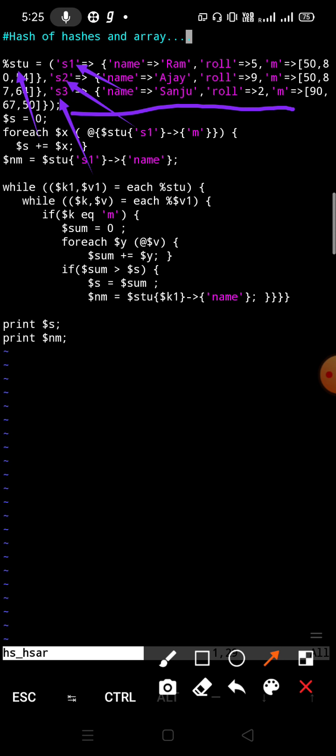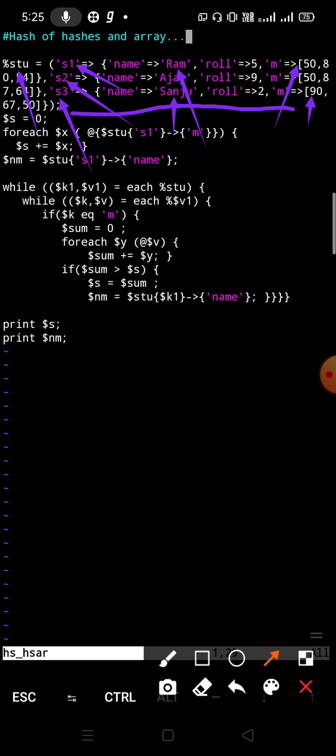Okay, now our question is, inside each hash there is one array, which contains the marks of students in three individual subjects. As you can see, the student named Ram is getting 50, 80 and 64 marks in three subjects. Student Sanju is getting marks 90, 67 and 50.